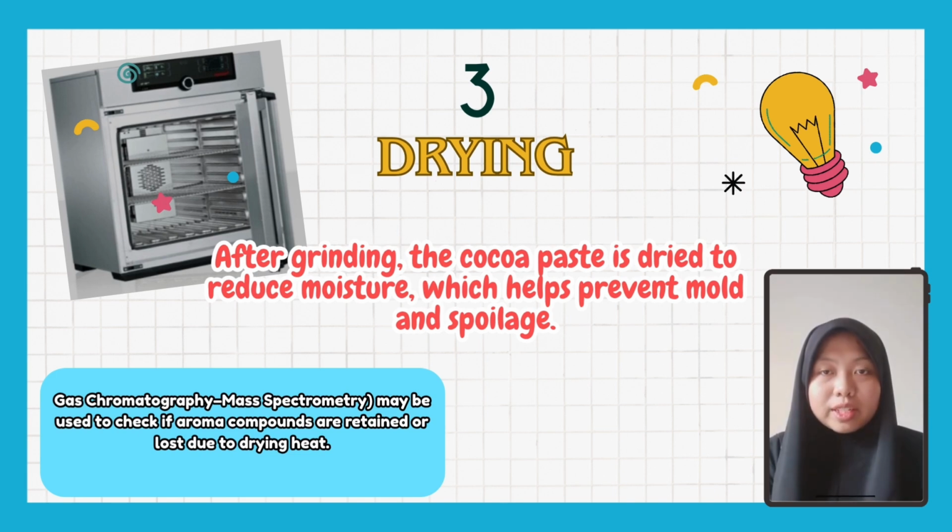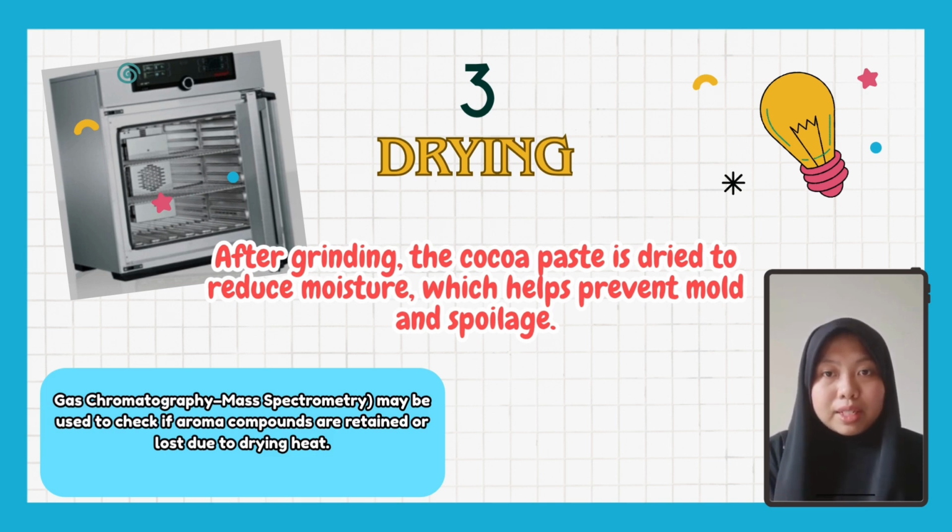The third part is drying. After grinding, the cocoa paste is dried using a hot air oven, which is a common heating apparatus in both industries and analytical labs. The oven provides controlled heat to remove excess moisture from the cocoa paste, helping to prevent mold and spoilage. In basic analytical chemistry, this drying process can be analyzed using gravimetric analysis because